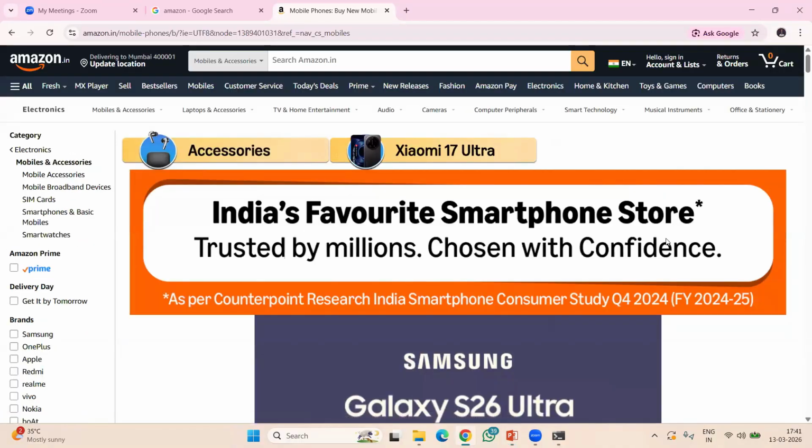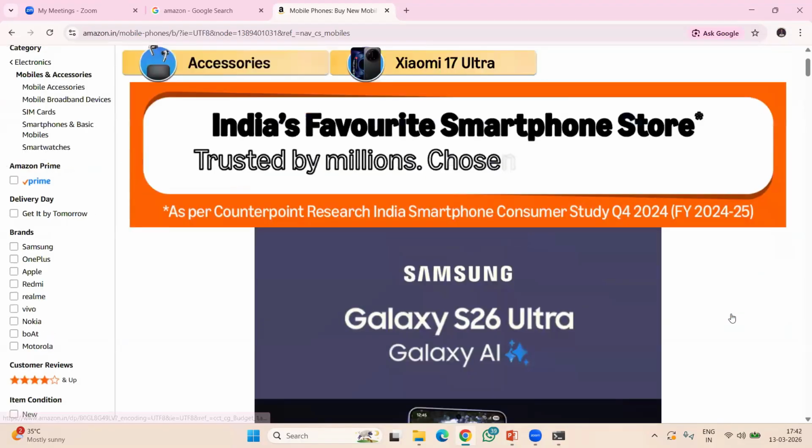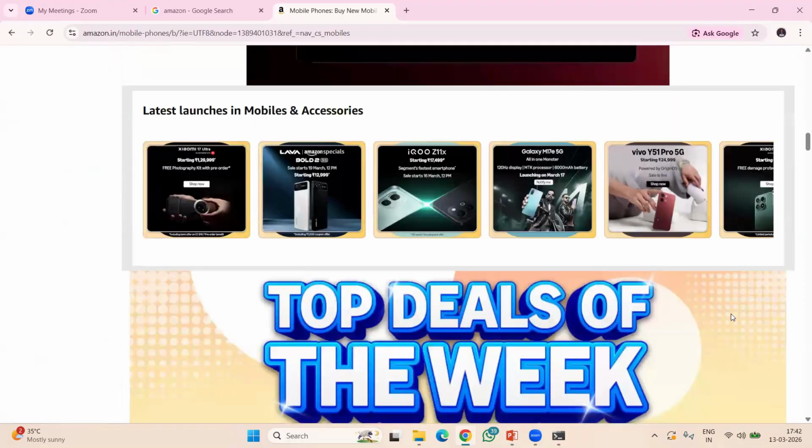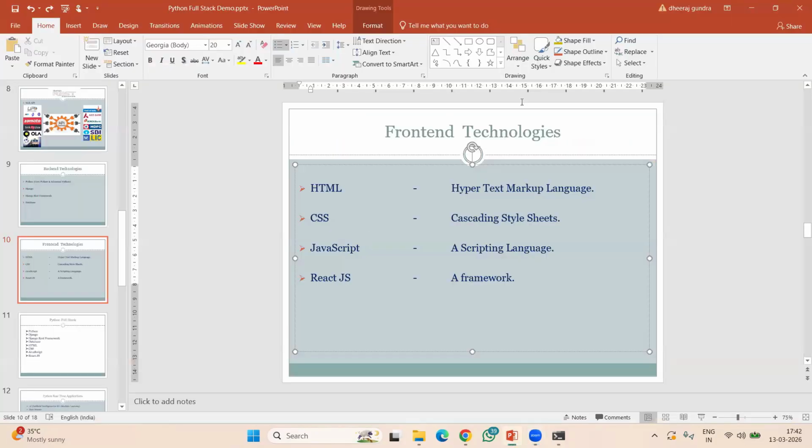Suppose if you want to display the image in different sizes, different shapes, different places, different positions like this, then compulsory what you have to use. Only with HTML it is not possible to make your page like this. Compulsory after displaying one element, you have to arrange them in one particular position with some size, with some style. So for that compulsory CSS is required. Okay, CSS is required. Next,